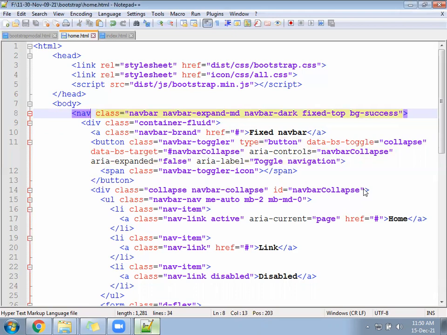Green color. Okay. Next, after that, it's your own wish. You can keep any color combination, no problem.